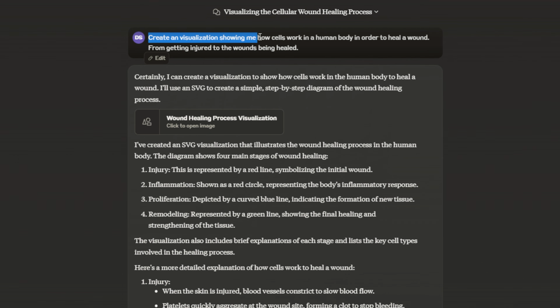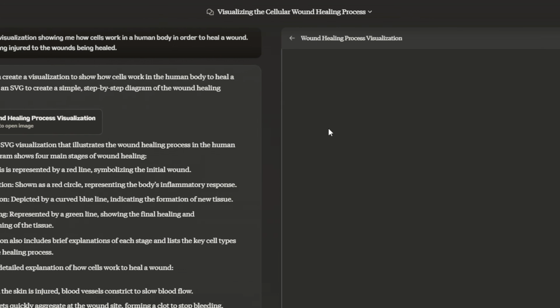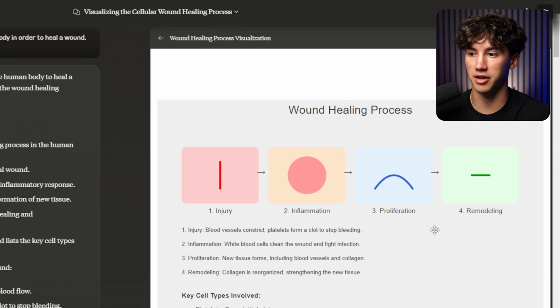I said, create a visualization showing me how cells work in a human body in order to heal a wound, from getting injured to the wound being healed. What it created was this wound healing process image, but what I wanted was an animation. This was great though. For 10 seconds, just typing out a quick prompt and having this be generated,